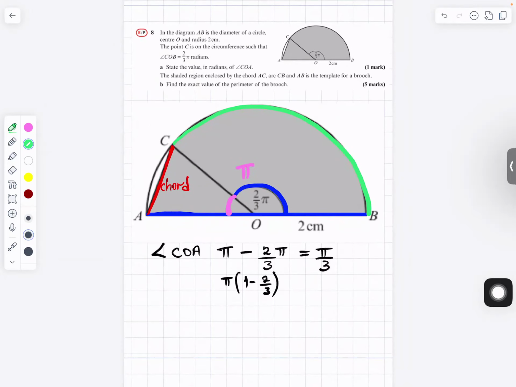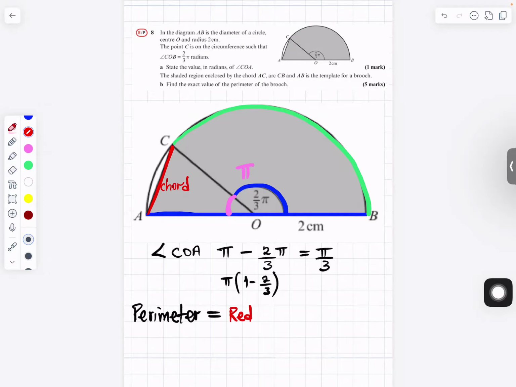What does perimeter mean? The total distance around. Yes, we want to find the total distance around that broach. Sometimes I just write the word P for perimeter. So the perimeter, we want to add the red, plus the red, which is the chord AC,